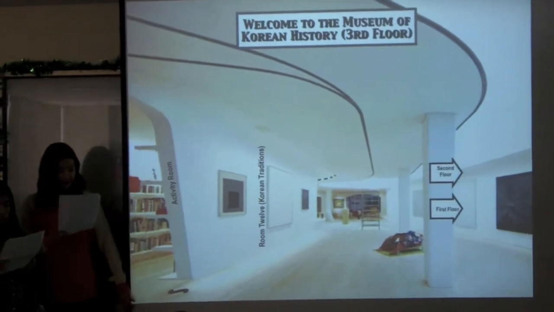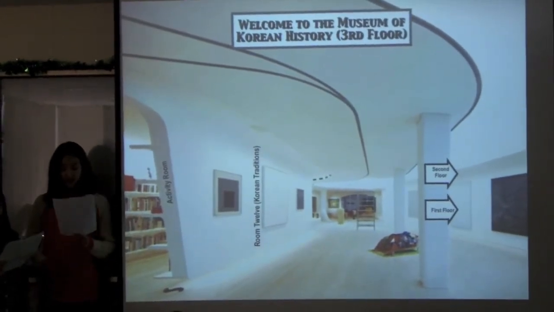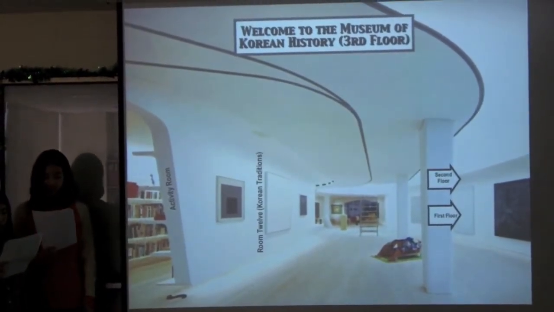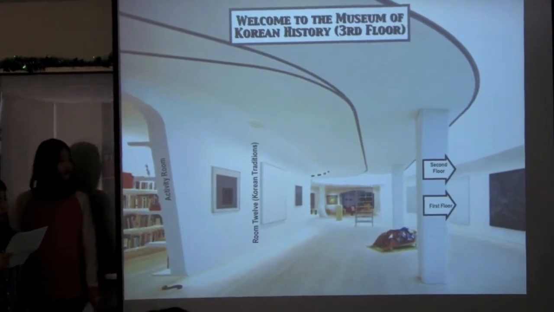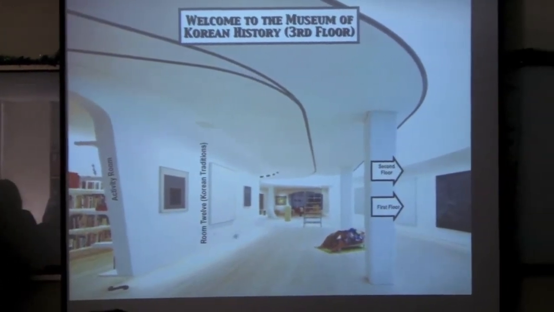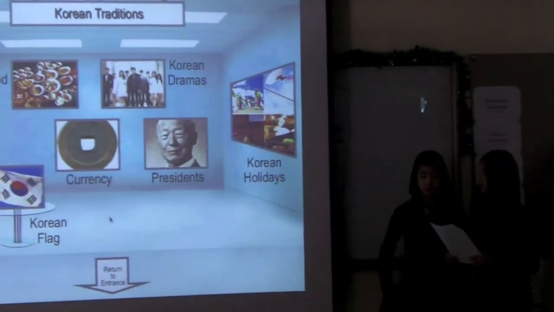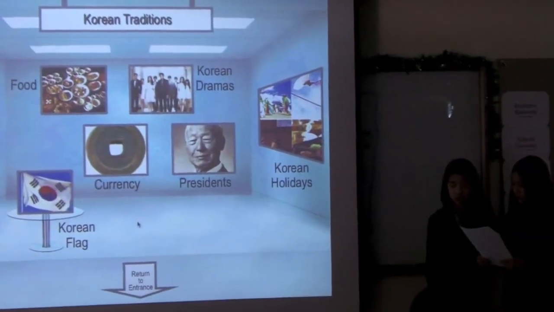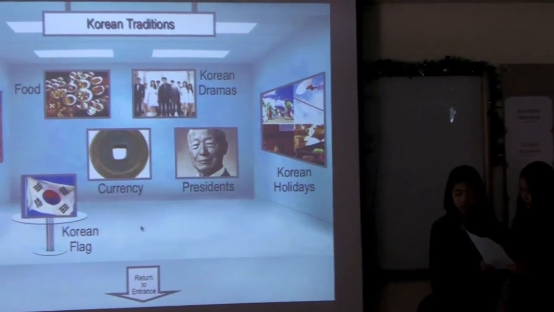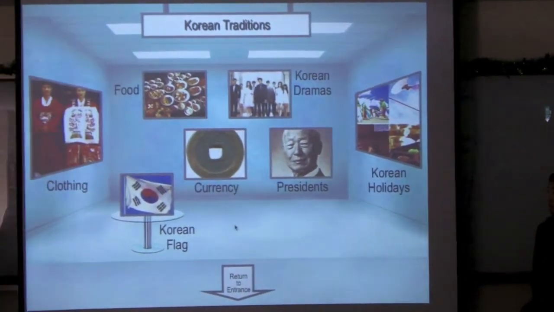Our third floor contains the activity center and the traditions room. Also, it is the smallest out of all of them. Our traditions room has many different types of exhibits containing traditional Korean food, traditional holidays, and clothing. These aspects of culture are most important. If you click on the Korean flag,